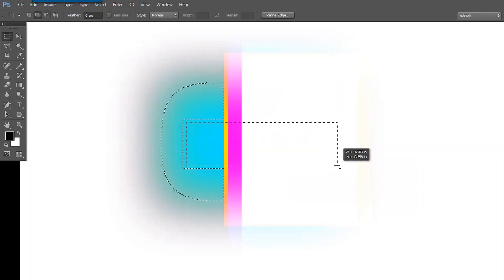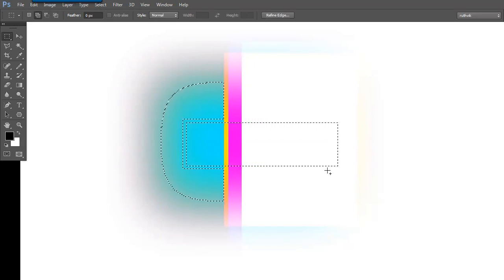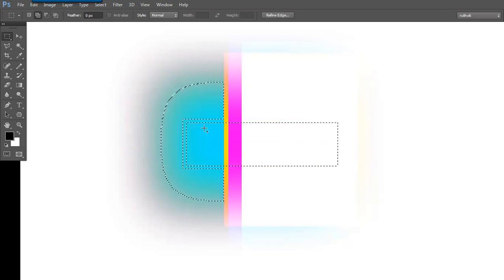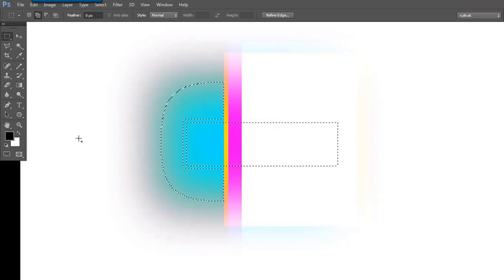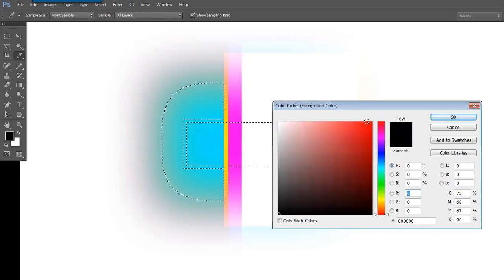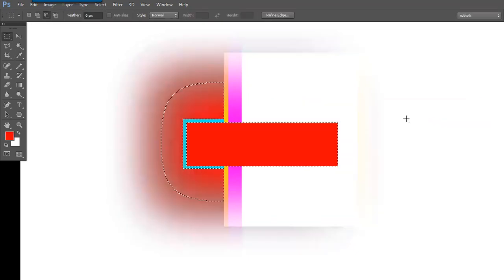Just the same thing can be done. Now we can get a cut in the middle also, and we are able to add the shape in the middle also and fill it as we need. If it is not in unselected mode, then it will fill up the color here. But yes, you can choose the right color and fill it directly.